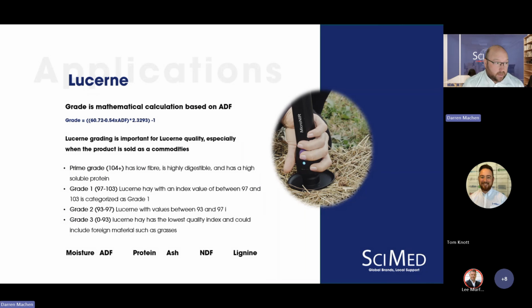So Lucerne, it's a calculation of the quality of the feed. There are various ways to interpret this, but you can look at the prime grade, the first, second, and third grade. So we're using this as a kind of qualitative tool: which grade is it? There are applications that you can download to look at this. It can also give a quantitative approach: how much moisture, the ADF, protein, ash, and we can teach the NIR based on the lab results to input that into the model, and you can build your own models based on that